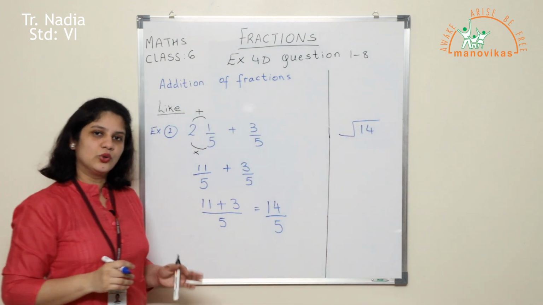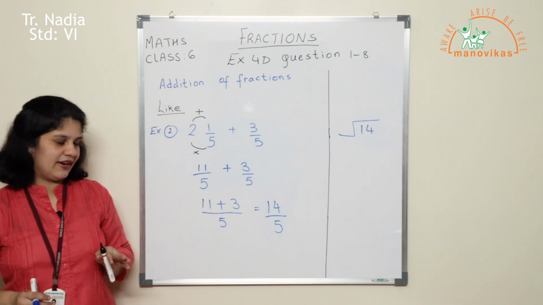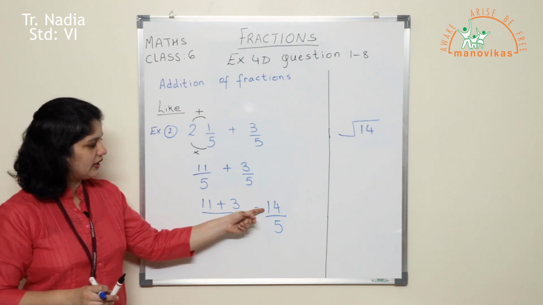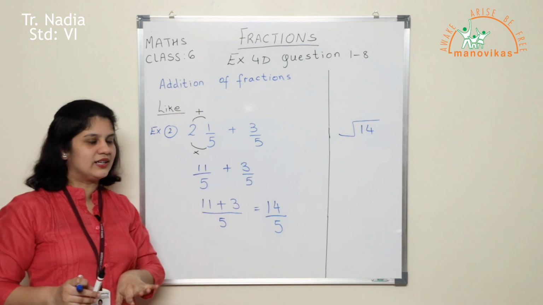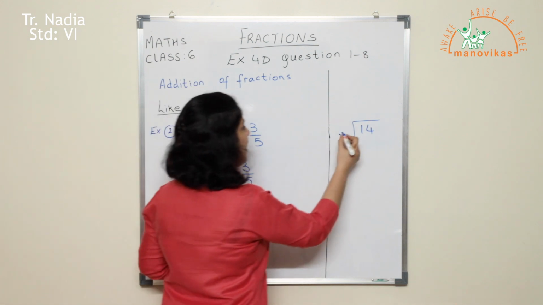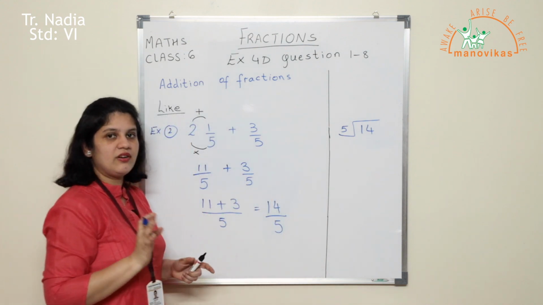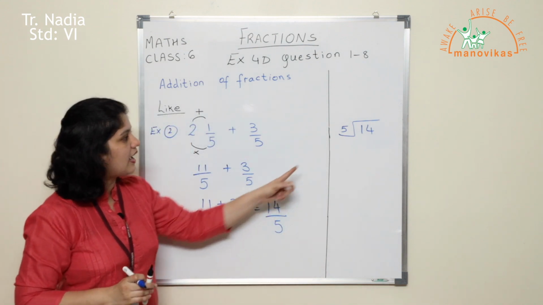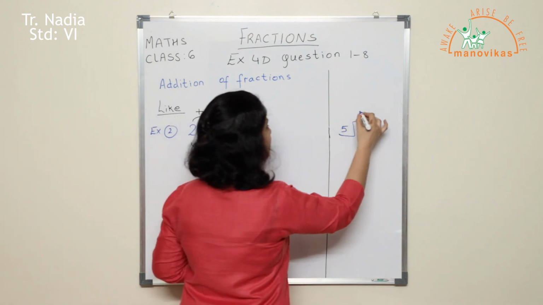Do you all remember how to convert improper fractions to mixed numbers? Yes, by dividing. I had told you all the numerator always goes inside. N for numerator, N is the word inside, divided by the denominator. So 5 will be outside. Please children, once more I am telling you, the numerator has to be inside. Now let us divide and see what we get.